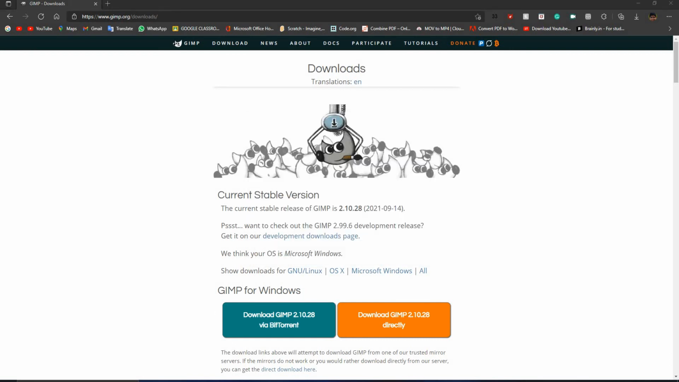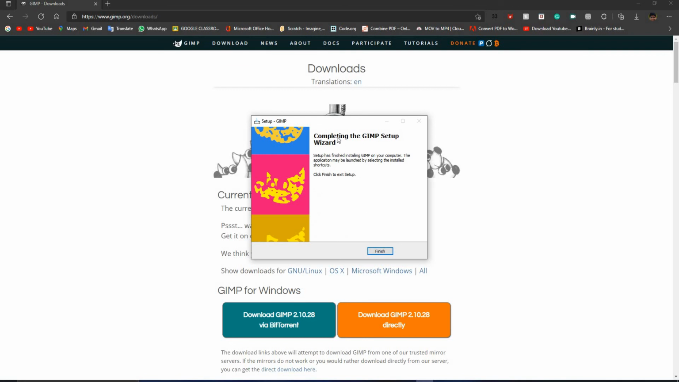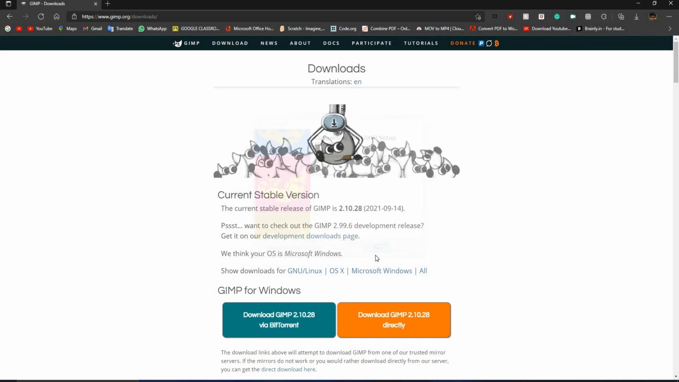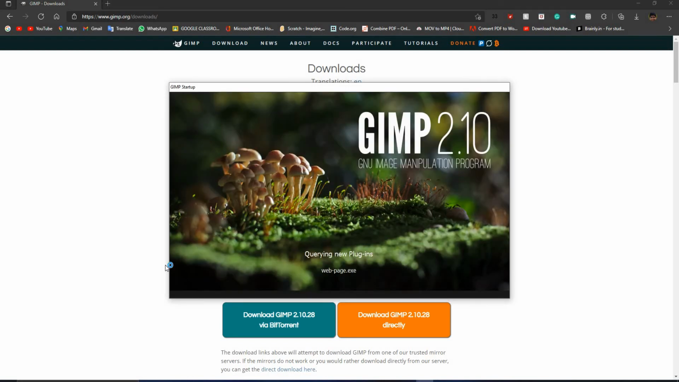So guys, it will show a message like completing the GIMP setup wizard, and click finish. And then automatically the app will be opened, I think. There we go guys. Our GIMP 2.10 is loading. So I will even pause the video to let the GIMP